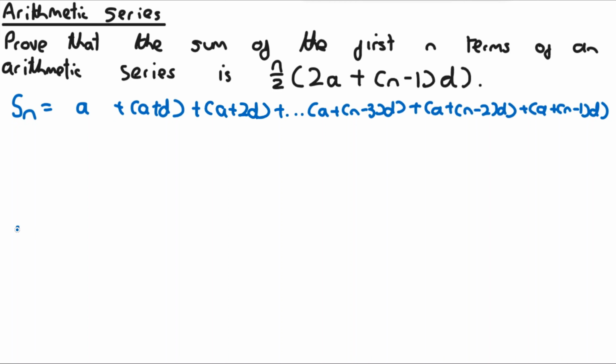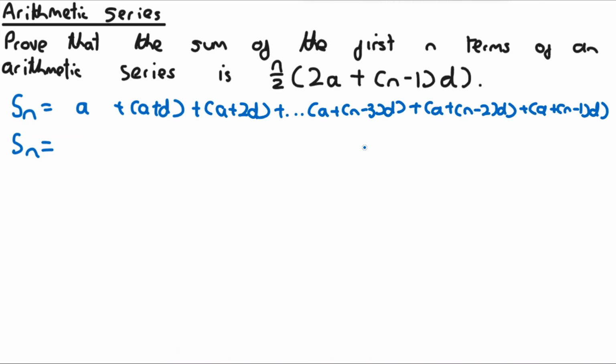If you really want to, you can plug this into the formula un equals a plus (n minus 1)d, where this is the first term, the second term, the third term, and this is all the way up to the nth term, like this. And you can see that this is the nth term here. This would be the (n minus 1)th term, this would be the (n minus 2)th term, and so on. So this does make sense. So this is Sn, and I'm going to write out another Sn like this,